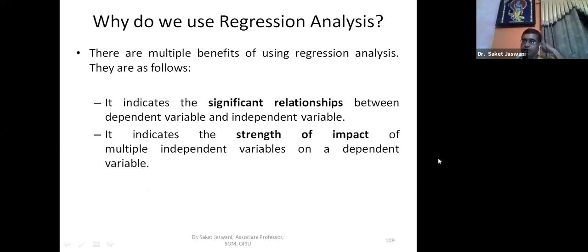सो व्हाई डू वी यूज रिग्रेशन एनालिसिस? Because it indicates the significant relationship between variables, between independent and dependent variables, and also it helps us to know the strength of impact. Impact कितना strength का है, कितना independent variable बढ़ाने या घटाने से dependent variable बढ़ेगा या घटेगा, ये impact होता है, ये स्ट्रेंथ होगा, ठीक है। तो ये दोनों को आइडेंटिफाई करने के लिए हम रिग्रेशन एनालिसिस यूज करते हैं।